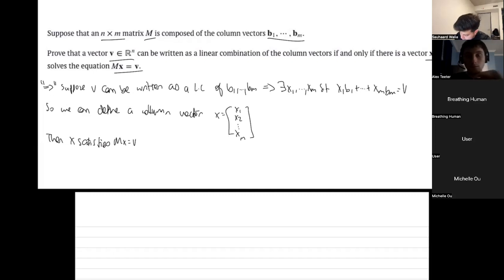Right, we just use the coefficients of the linear combination that we specified here and put them into a column vector, and Mx equal to v would hold in that case. So pretty straightforward in that direction. And it's going to be pretty straightforward in the other direction too. So in the backwards direction,